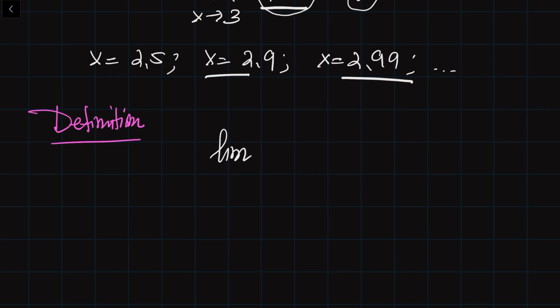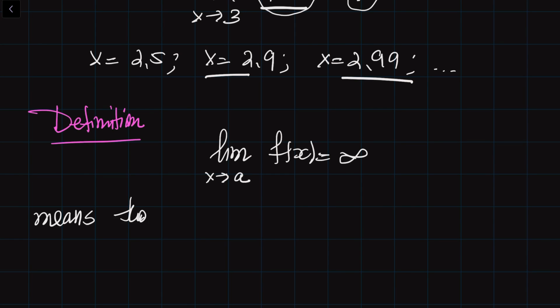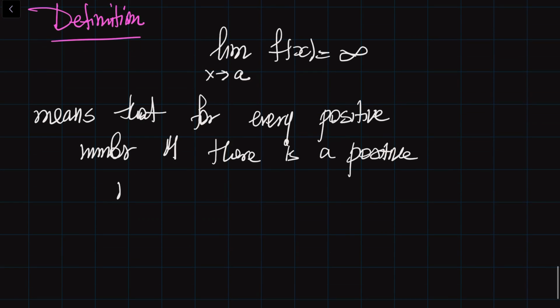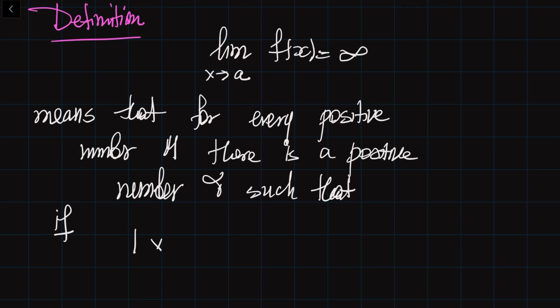If the limit of f of x as x goes to a is equal to infinity, this limit means that for every positive number M, there is a positive number delta such that if the distance |x minus a| is smaller than delta, then f of x is more than